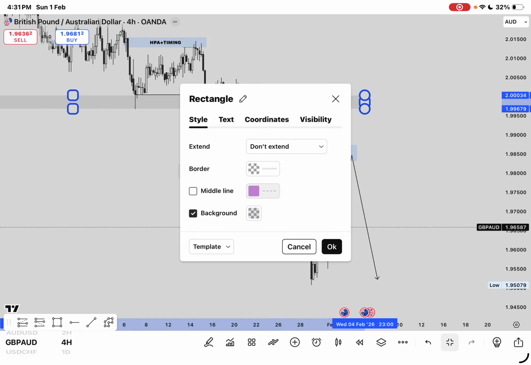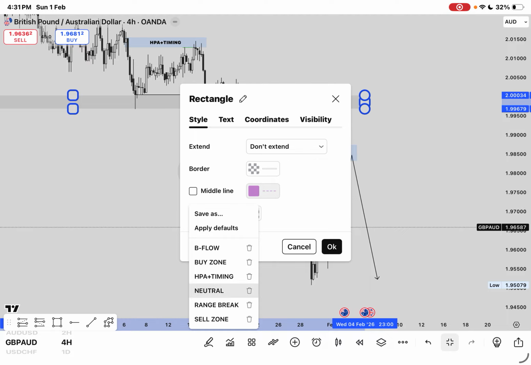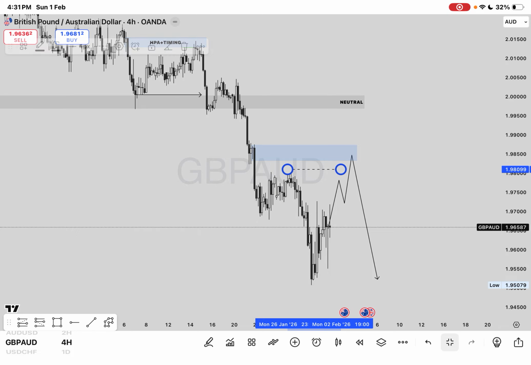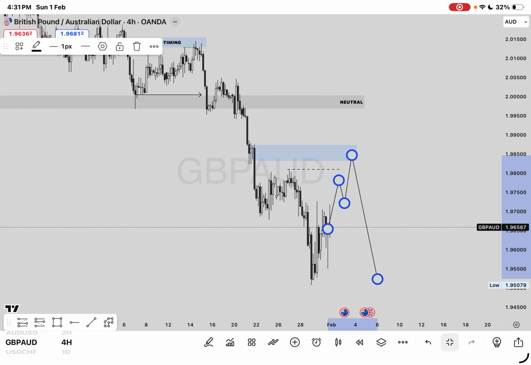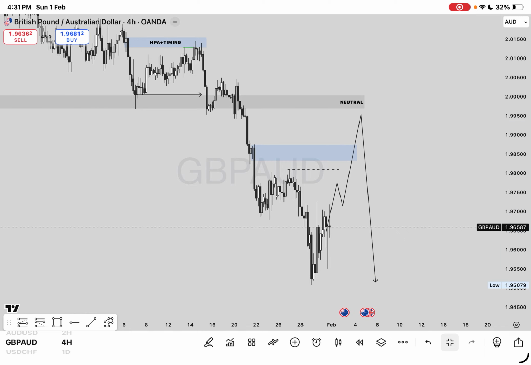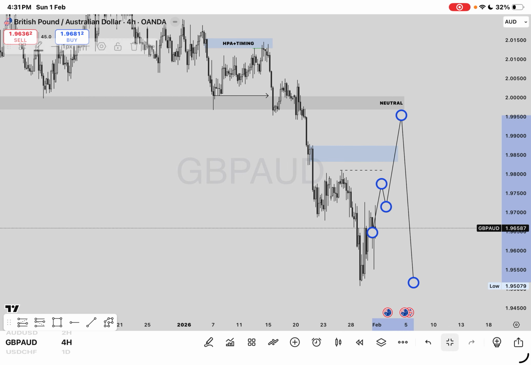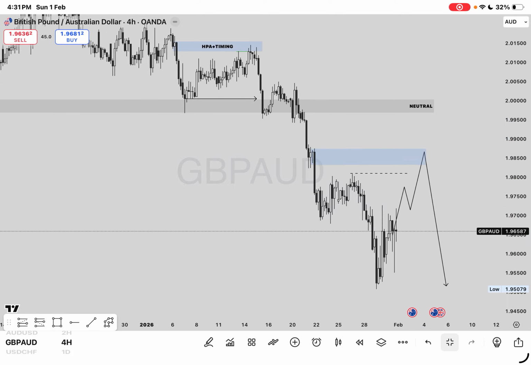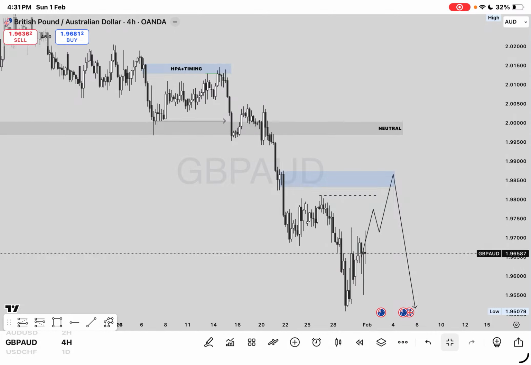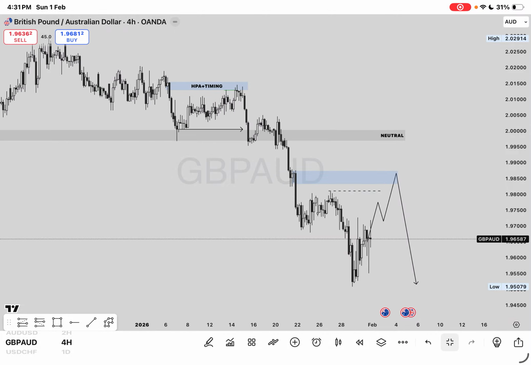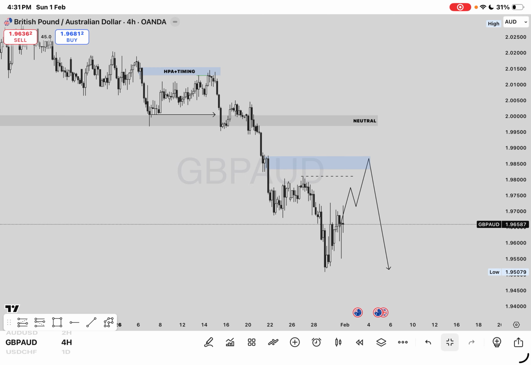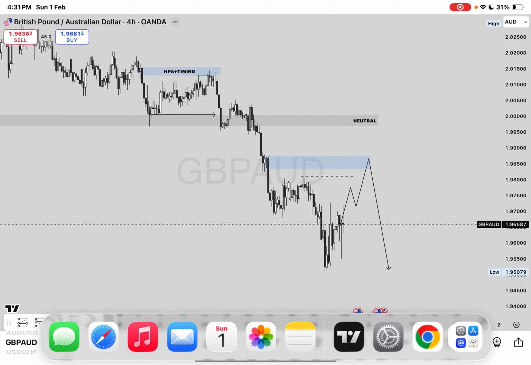But this is the key level though. So don't be surprised if the market actually sweeps this and gets all the way to this key level before selling. It's possible. Anything can happen in the market. That's why I say, as long as I'm doing this analysis on the 4 hour time frame, always wait for confirmation. You can go to a lower time frame and find a better possible entry for this pair. But for now, all I'm trying to say is that this pair is bearish. It's still bearish. Do you understand? So that's just simply it.